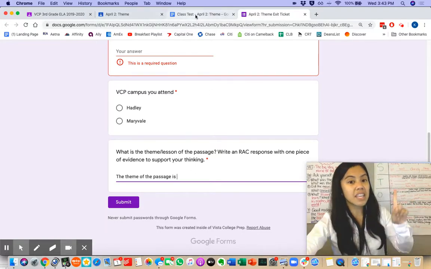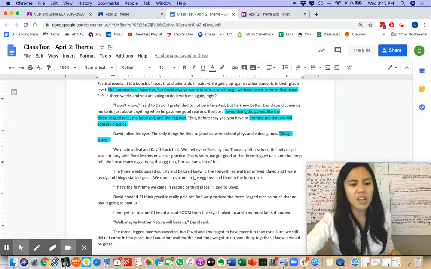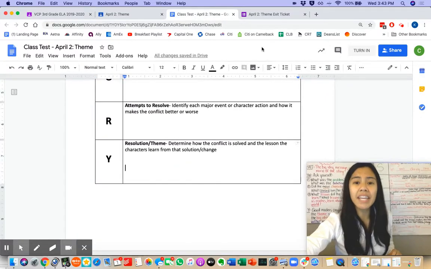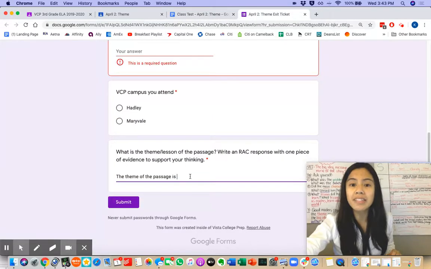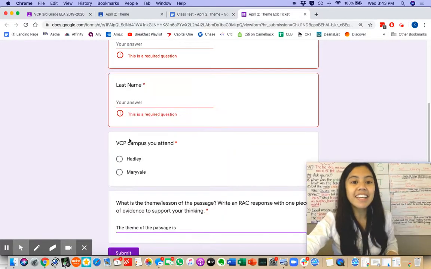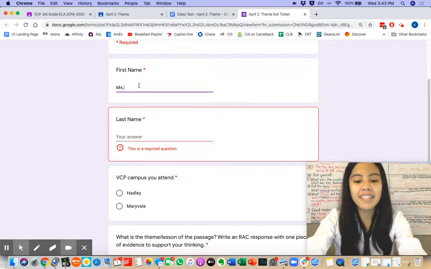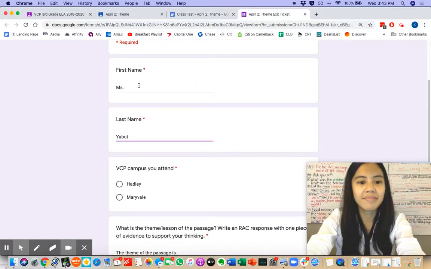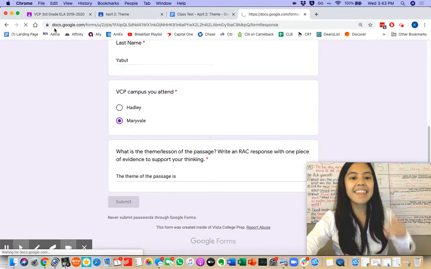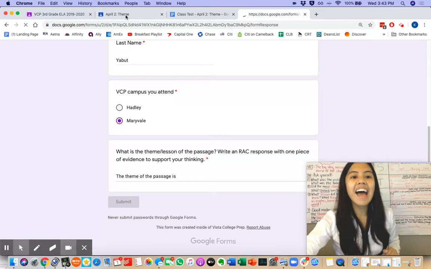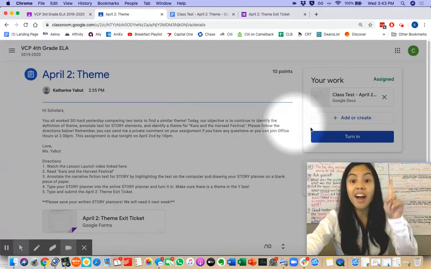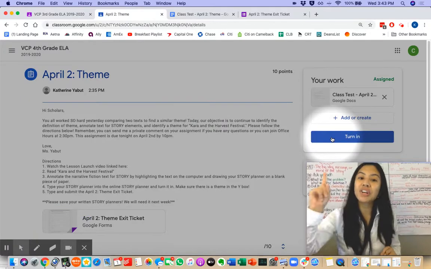So even if we wrote a quick note in our Y box, you still have to write a RACE response for your exit ticket. When you're done, click Submit. Then, after you've submitted both of these steps, do not forget to press Turn In.